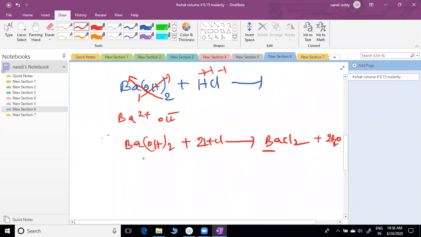This is the balanced equation. I told you how to learn the periodic table completely, but I think you are neglecting it. I think you are ready to write the periodic table 100 times. Very soon you will get your homework, sir. You are going to write the periodic table 100 times. Instead of that, learn it properly before that. Very soon you are going to write it if you are not giving answers properly.